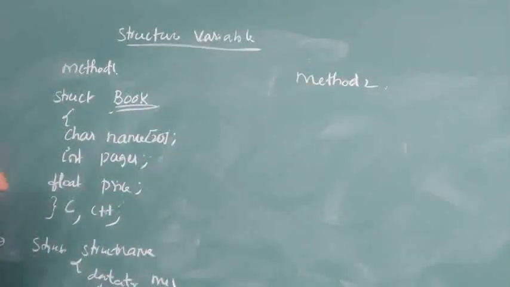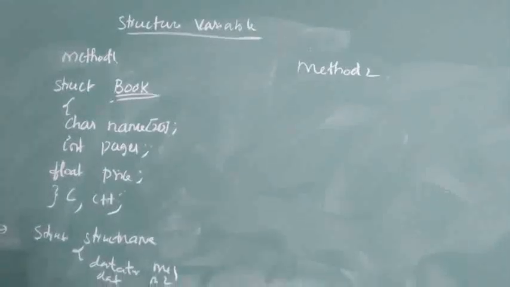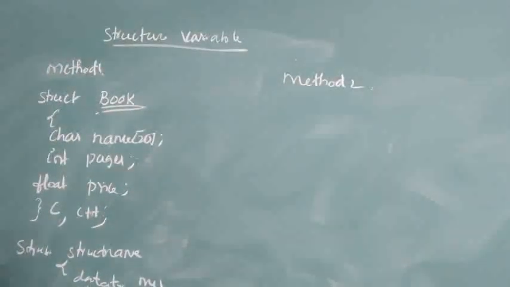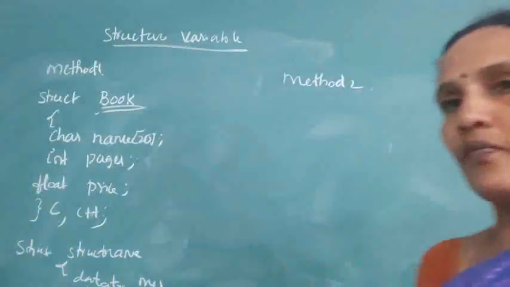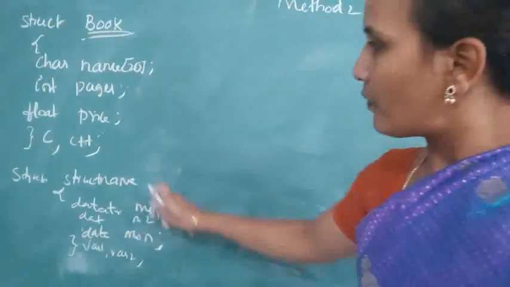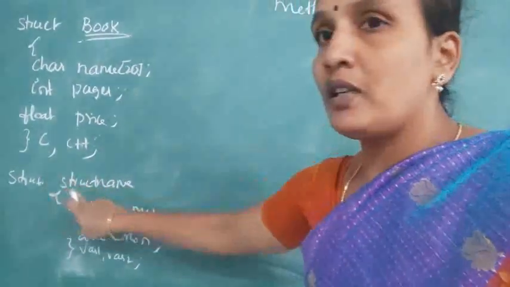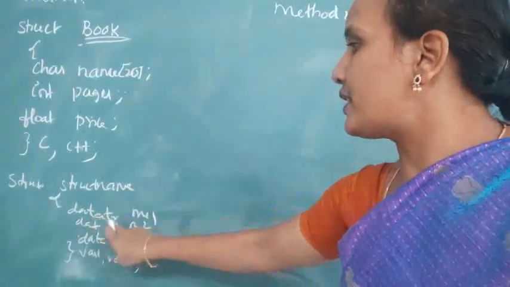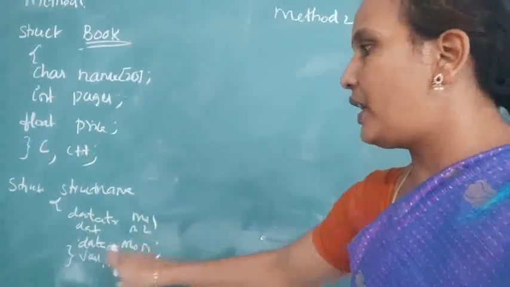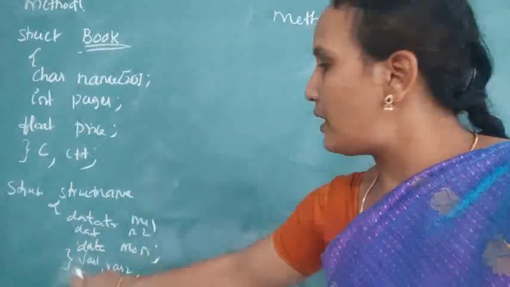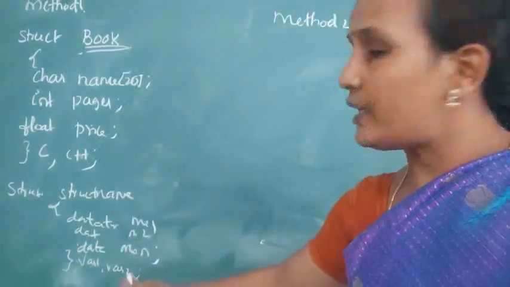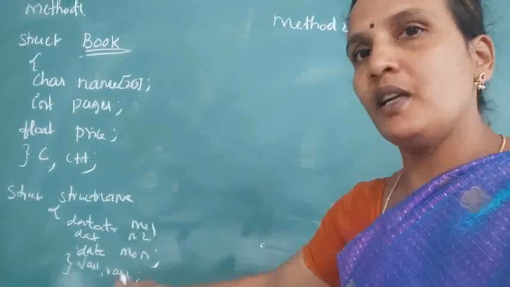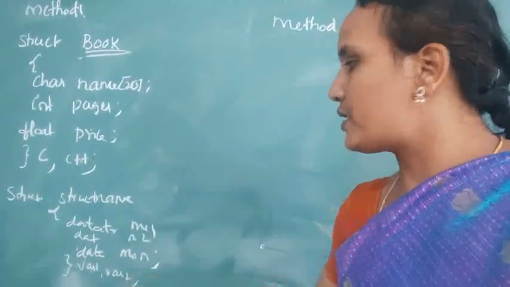Data type, member n. And here at the end, I will give the structure variables. Example, variable 1, variable 2. Okay, so this is a structure you can see. Struct is a keyword. Next, data type, member 1, member 2, member 3. And the variables after closing the brace, immediately you should give the variables, and each and every variable should be separated by a comma and it should end with the semicolon.